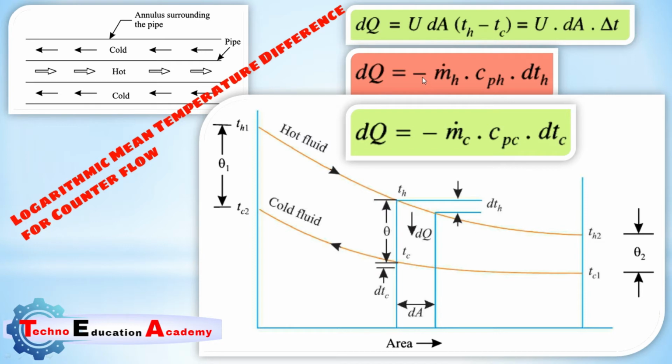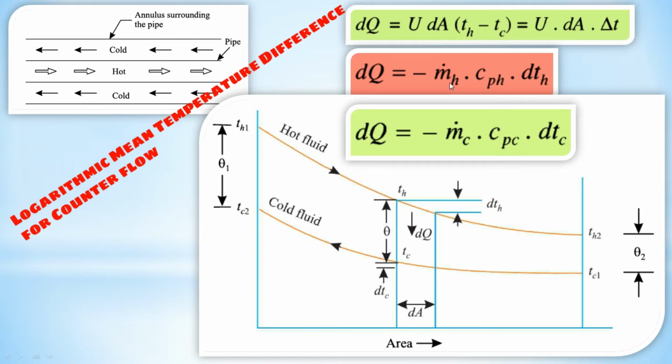So here we are considering negative sign, delta Q equal to m Cp delta T, where m dot h is the mass flow rate for hot fluid. Here Cph is the specific heat for hot fluid, and dTh is the temperature difference for hot fluid. Same as the cold fluid,